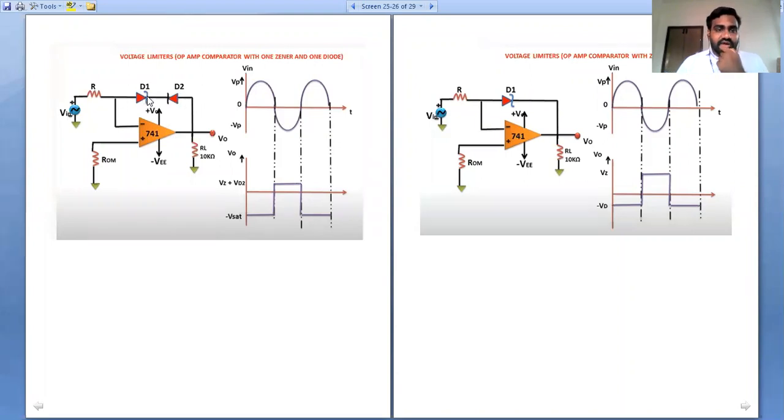Okay, and diode D1 is forward biased. So what happened here: diode D1 is forward biased and diode D2 is reverse biased. With respect to the positive input voltage, the voltage limiter has to create an opposite behavior with respect to the input voltage. That means the output is independent of the input, or the output is the inverse of the input. The input is positive here and the output is negative Vsat. Okay, that is experienced here.